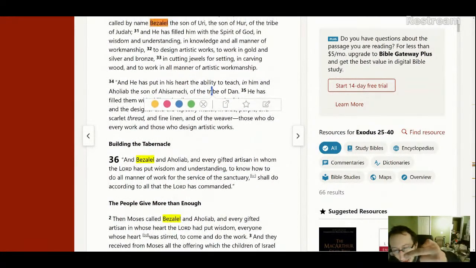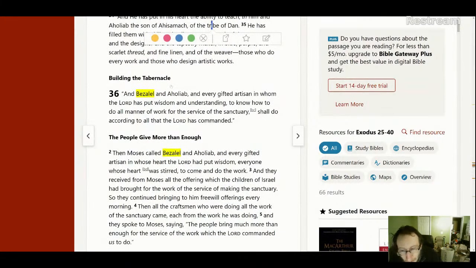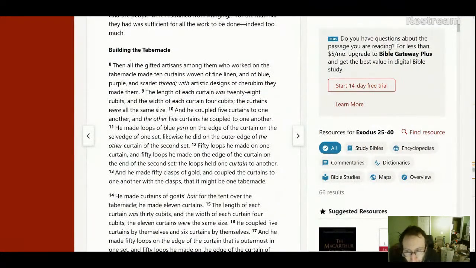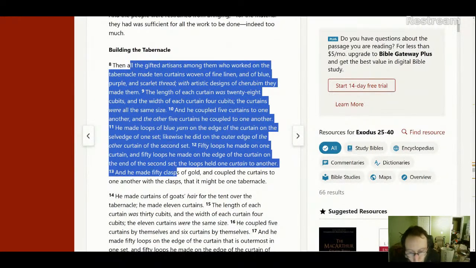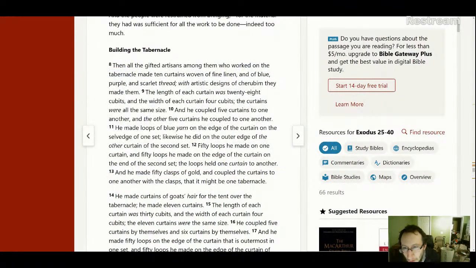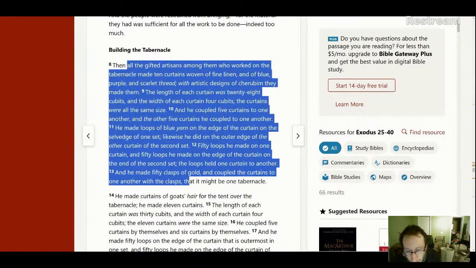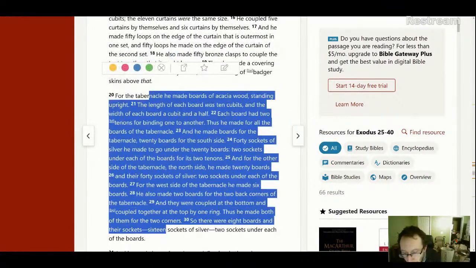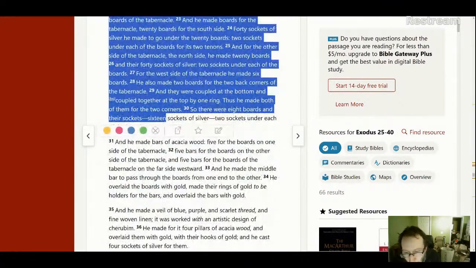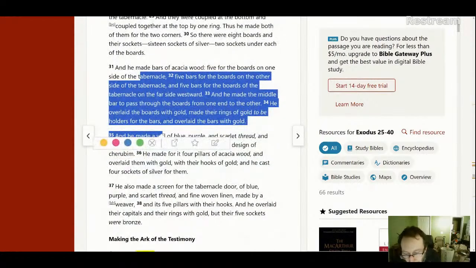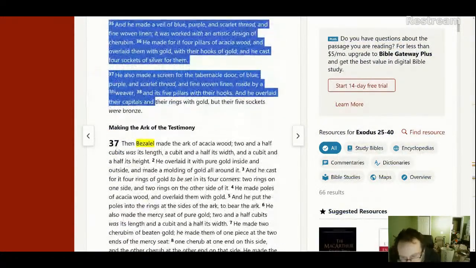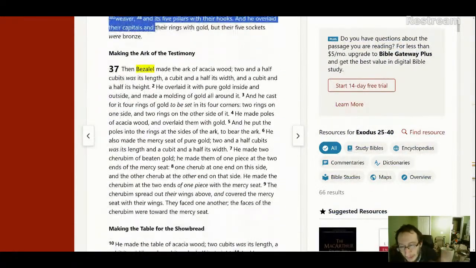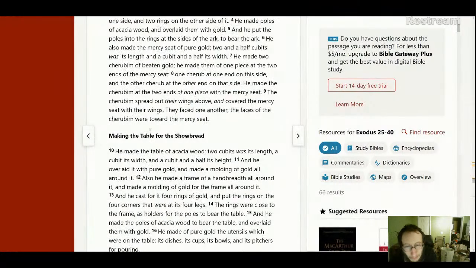Similarly, we had the command of God to build the tabernacle and all the holy things. And now watch. Now we have the fulfillment of it, where they go and obey the command. So then all the gifted artisans start, and it gives a detailed description of how they made the tabernacle, and how they built it to the T. It gives the same exact details that were already told to us earlier in the law.